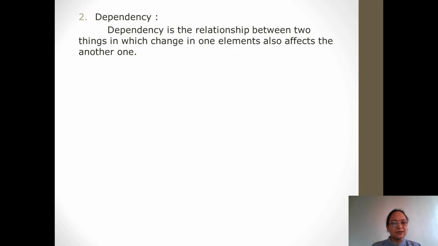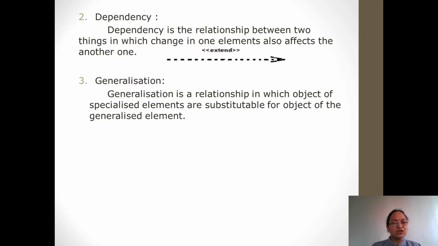Next relationship is dependency. Dependency is the relationship between two things in which a change in one element also affects the other element, shown by a dashed line with an arrow at one end. Next relationship is generalization.